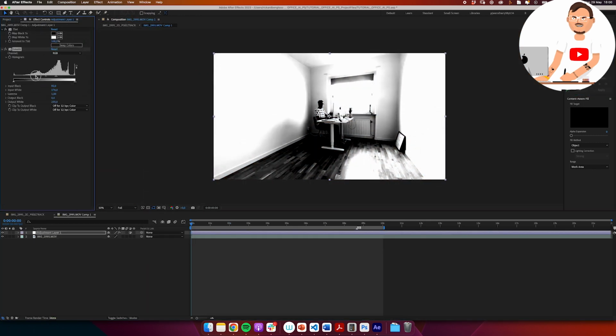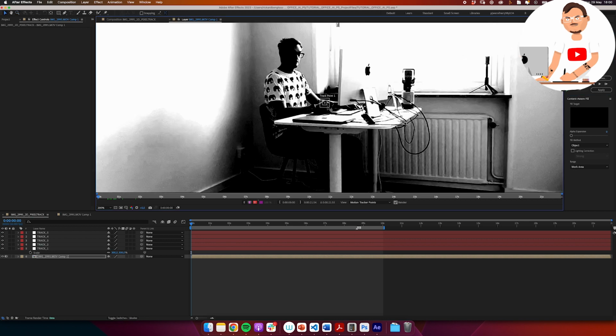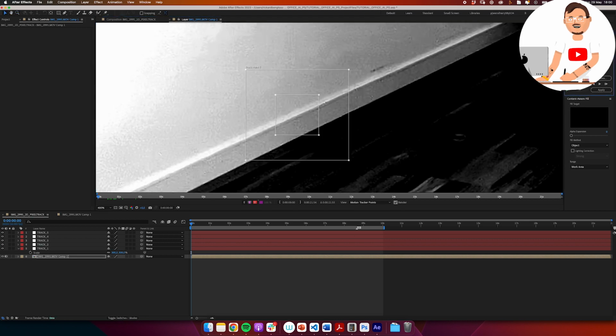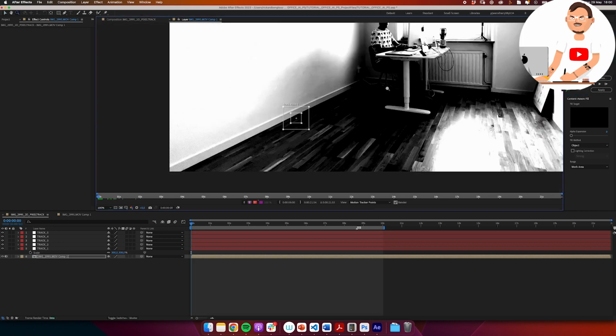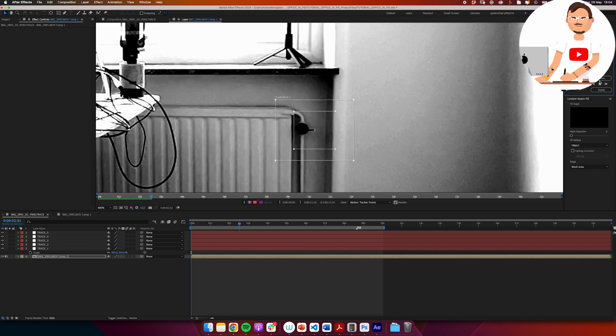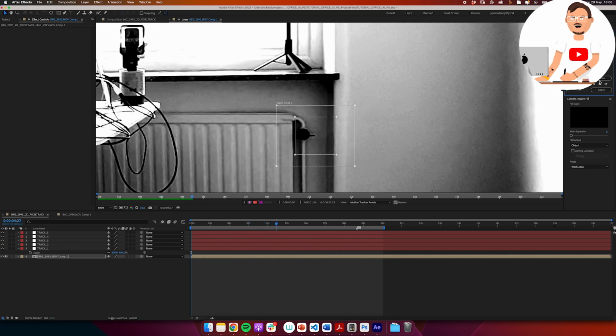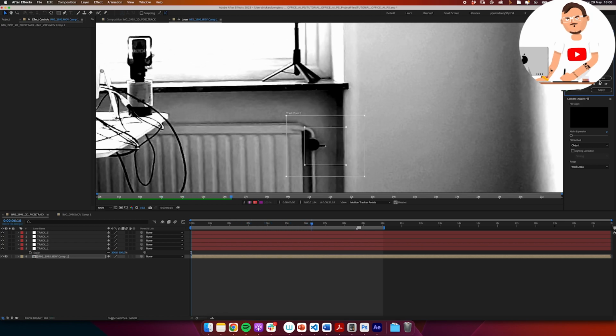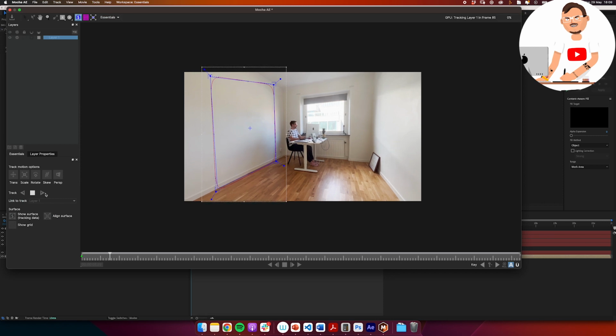To make the pixel tracker work a little bit better, I tried a different approach of giving the footage a black and white tint and upping the contrast to try to get more contrast into the image. And you can see here I'm trying to get a good spot to do a track. That part over there ended up working pretty well, but it's a little bit of a trial to see what